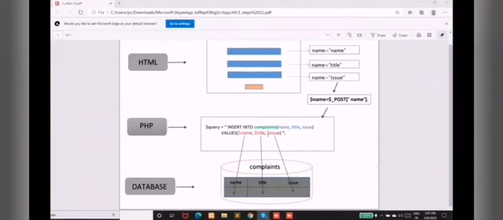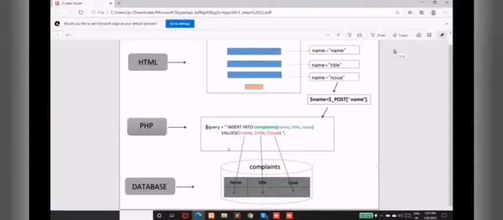Here we are sending some data from a specific form to the server using PHP. For it, we usually use a query to insert any kind of data.